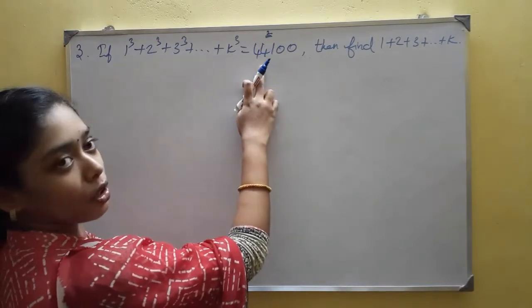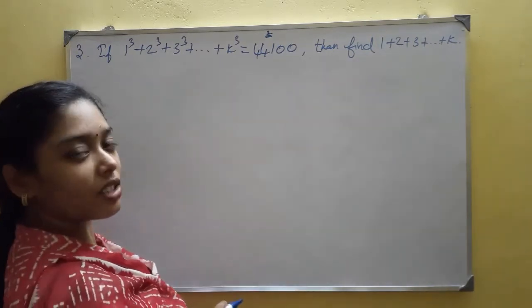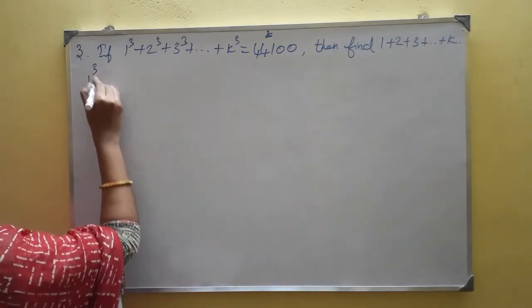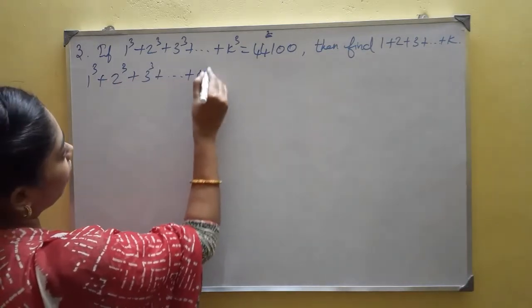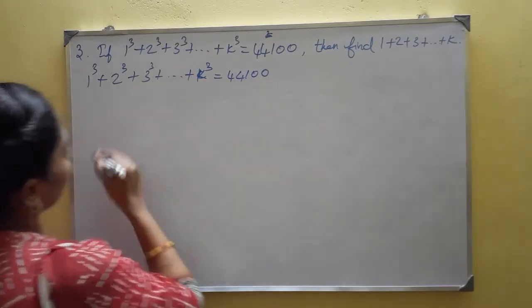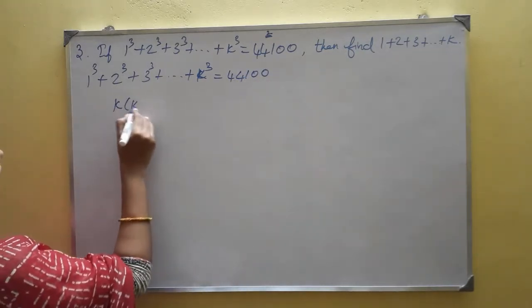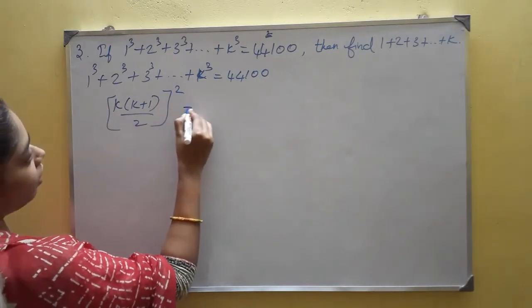Now third problem. Given is 1 cube plus 2 cube plus 3 cube goes on up to k cube gives you 44100. Then find the value of the sum of first k natural numbers. Now take the given part. 1 cube plus 2 cube plus 3 cube goes on up to k cube equal to 44100. Now what is the formula here? k into k plus 1 whole divided by 2, whole square, which gives you